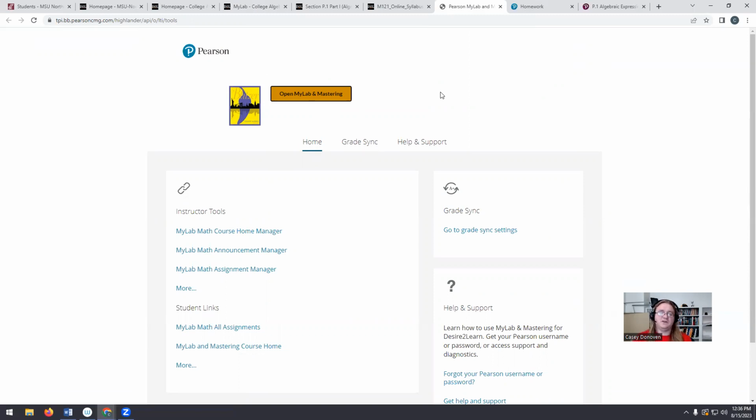If this is your first time opening it up, it will ask you to agree to the terms and services. It'll ask you to create an account. And if this is the first time that you're opening it up for this particular course, it will ask you for access to the book. And you can do this in two ways.